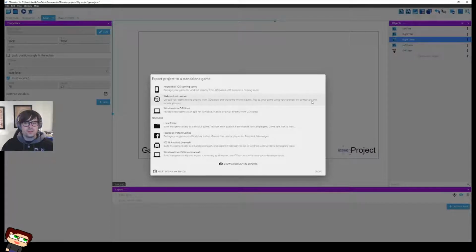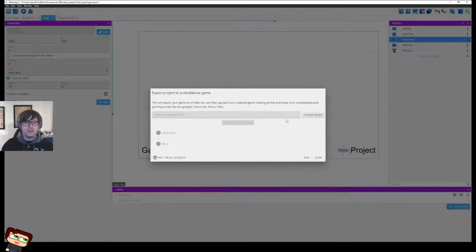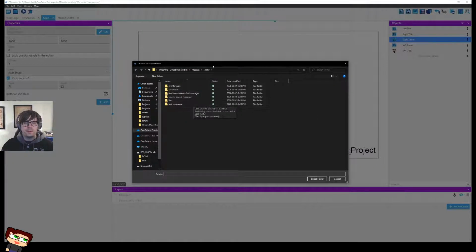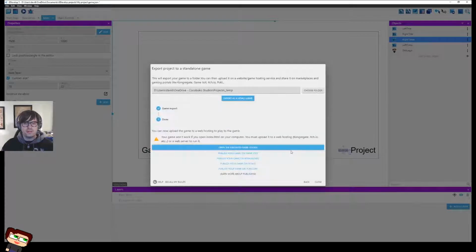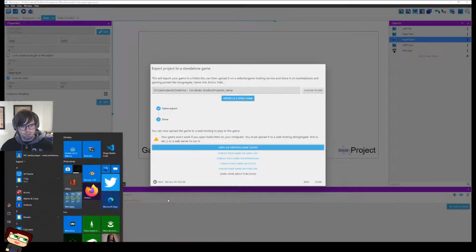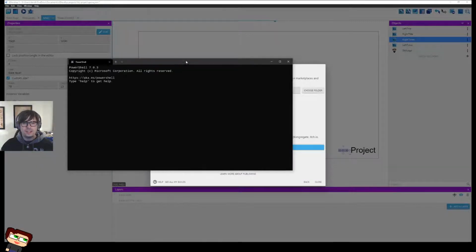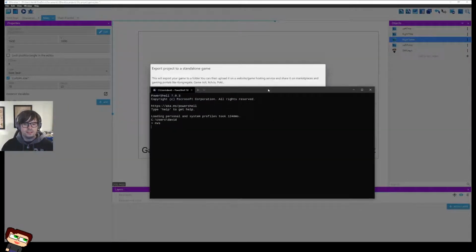Browser: play your game using your browser or computers on mobile phones. I don't want to do that. I don't believe in just throwing random garbage up into the random garbage thing. So let's... Can I just select this folder again and do that again? Yeah, I can. And we're golden. Okay. This is going better than I thought it would. We're going to test this right now. NVS. Do I have a Node version installed? I do.